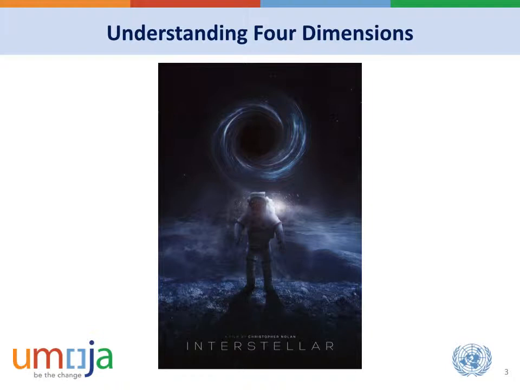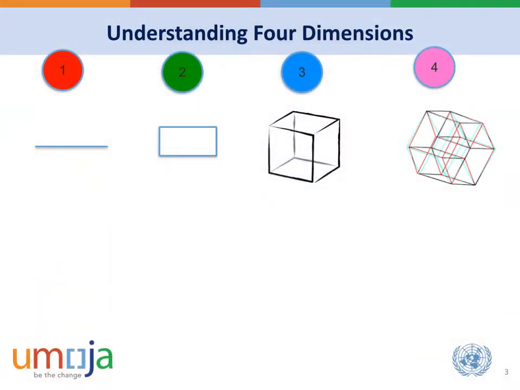Back to our topic, where I will try to explain the complexity within our subject by drawing an analogy to these dimensions. A single dimension object is a line, a two-dimensional object is a rectangle, a three-dimensional object is a cube, and a fourth dimension object is a tesseract, which has length, width, depth, as well as time. A normal person can understand up to two dimensions, like a playing card, with a bit more effort a third dimension, and real life objects, and our ability stops there as we cannot visualize the fourth dimension and beyond. Let's see the analogy to our work.